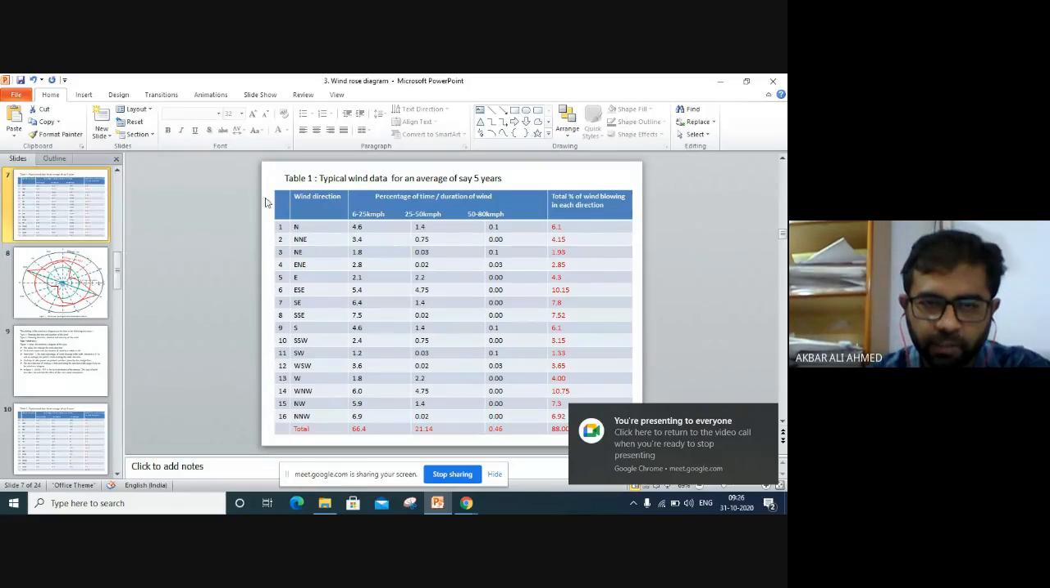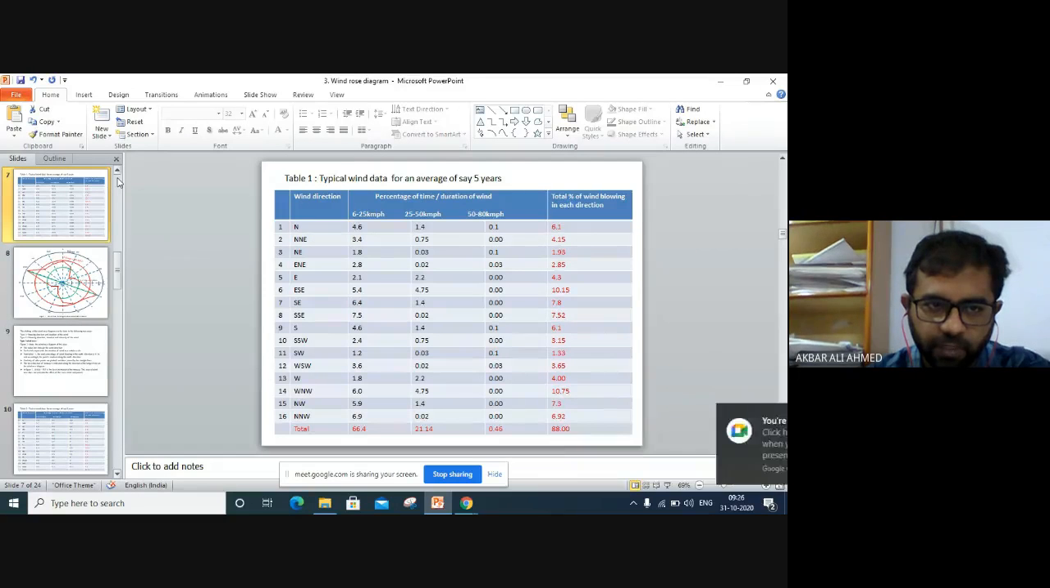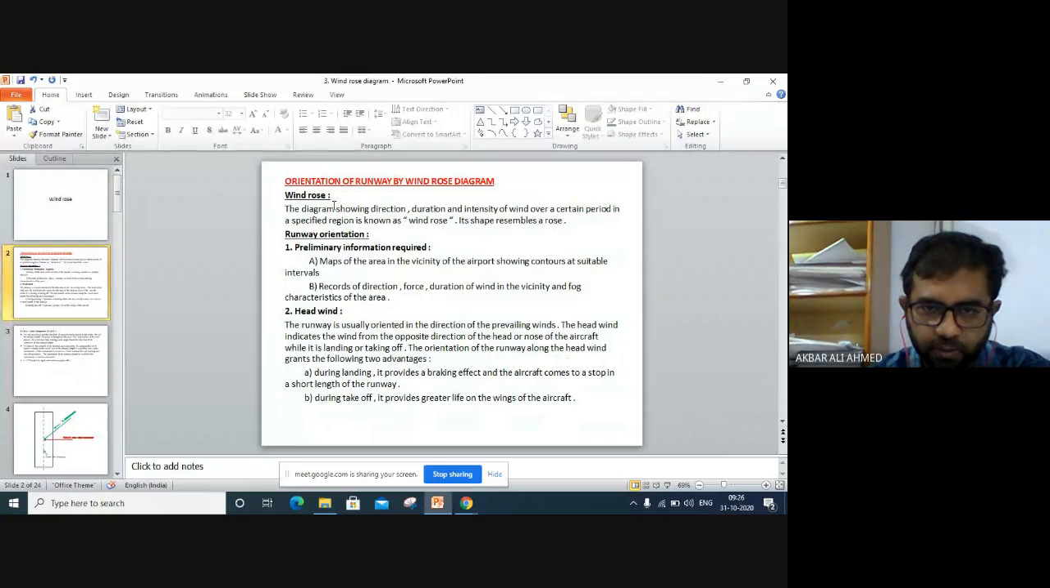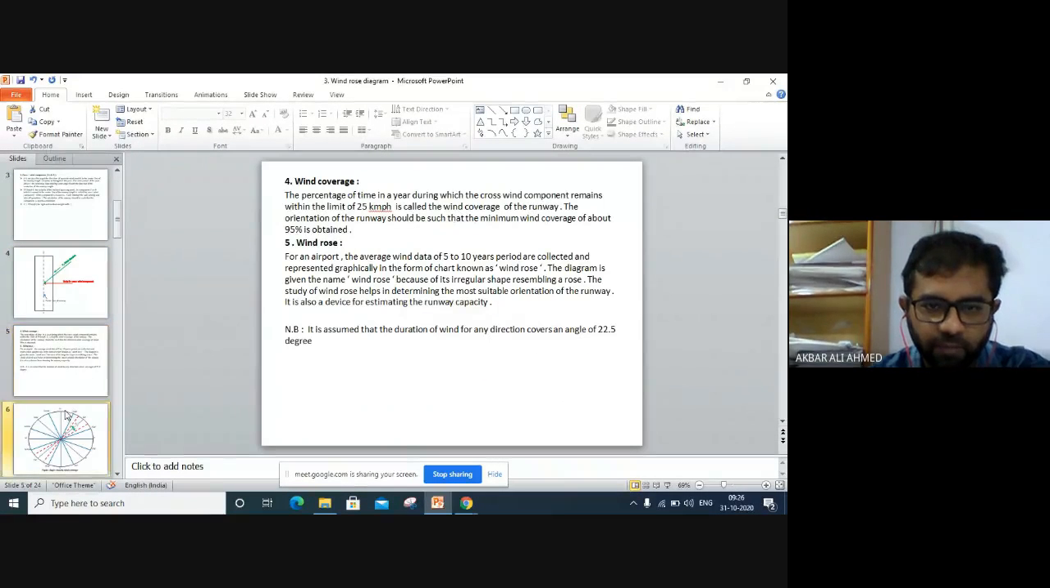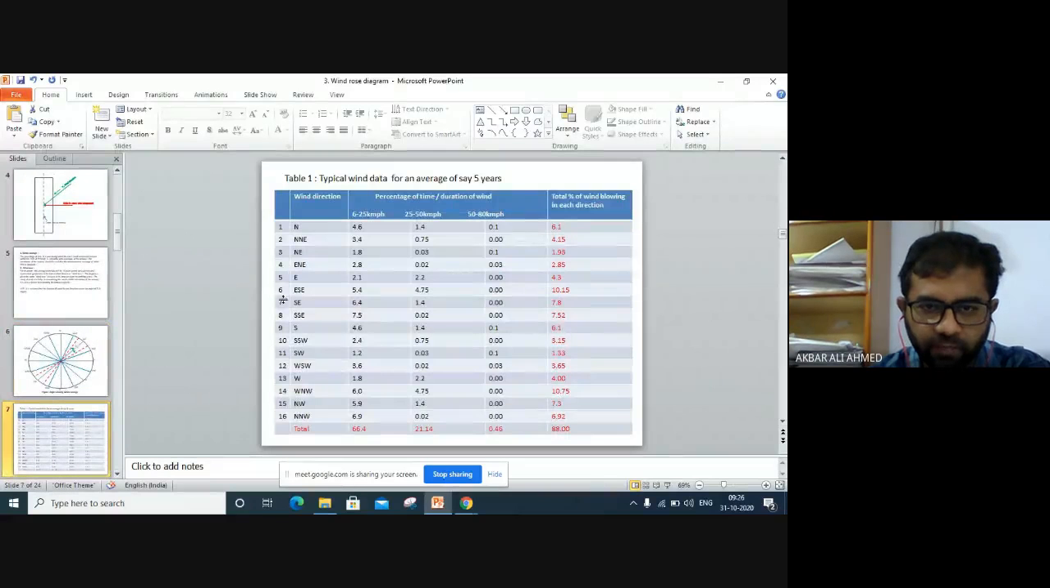We have to collect data for the past 5 years. In the last class we saw that we have to take preliminary information, and before going to the selection of a site, we have to take data of the past 5 years. After collecting the data of the past 5 years,